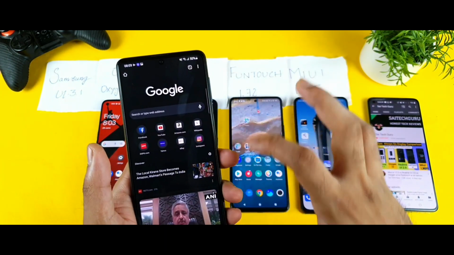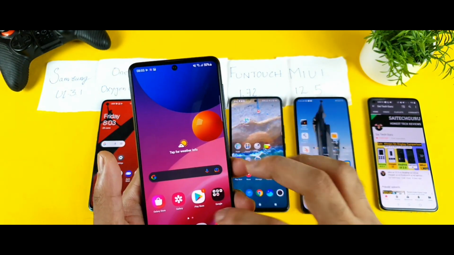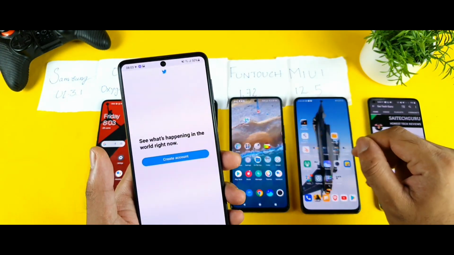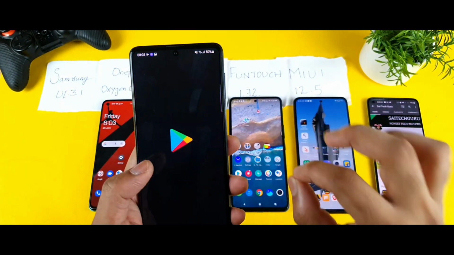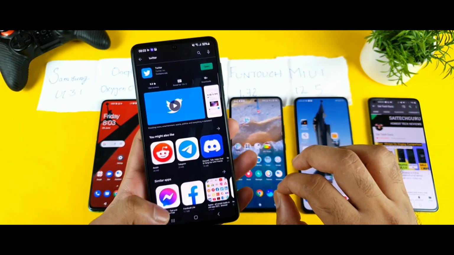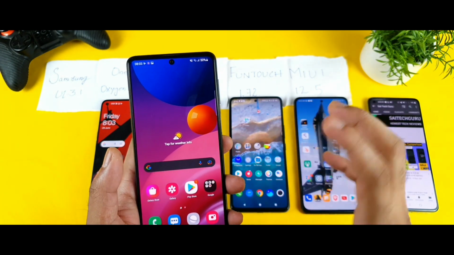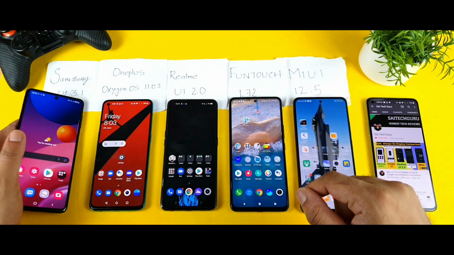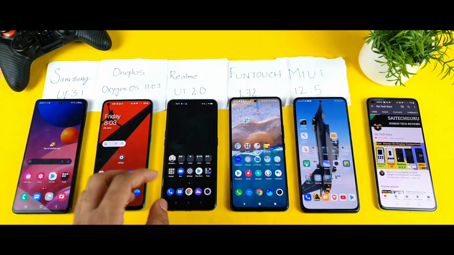In Google Chrome, it's implemented properly, as you can see. It's perfectly implemented. In Flipkart, it's not working. And let's see Twitter. In Twitter also, it's not working, as you can see. So friends, not all applications can support this kind of dark mode, but Play Store is also working. Only a few applications, which are limited, and maybe YouTube and some other popular applications, will be able to work in Samsung's One UI 3.1. So these are quite disadvantages with One UI.